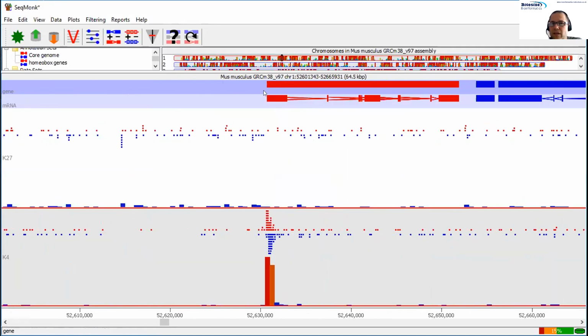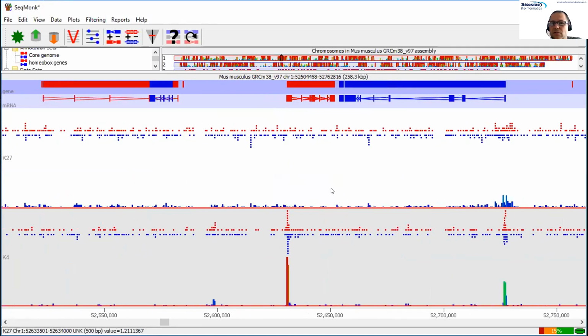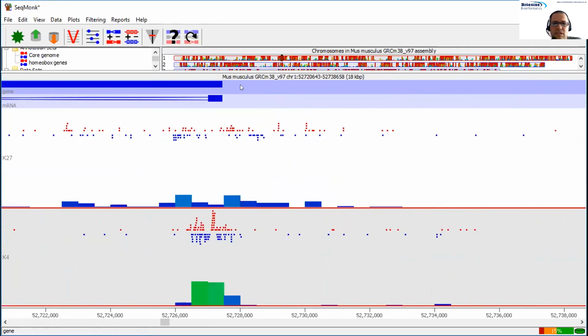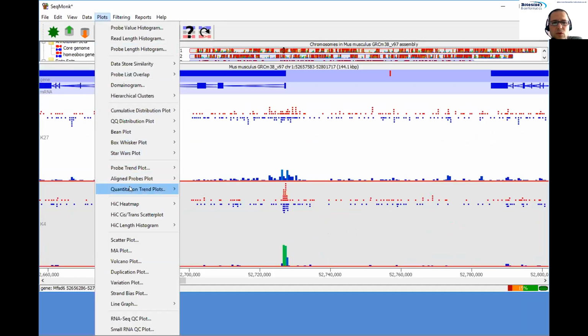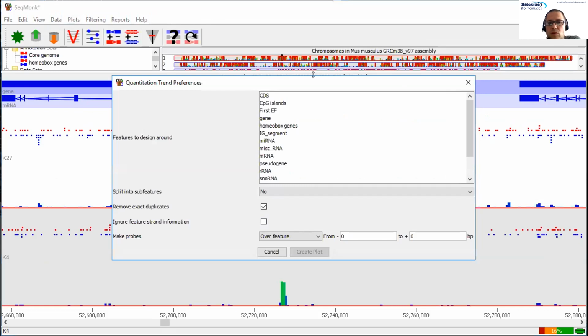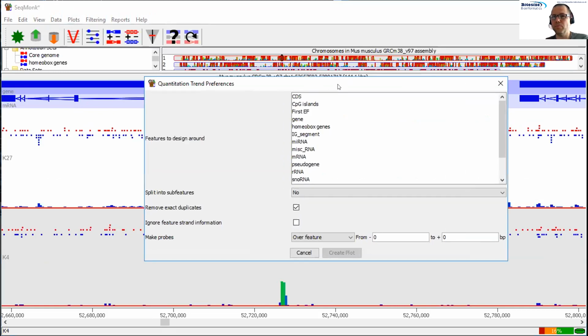They're all at the starts of genes. So whenever we go in here, look, this is at the start of this gene. This one is at the start of that gene. So it's nice to be able to get some sort of summarization to see if that's true generally. We've got probes tiled across the whole genome. So one of the other plots that we have in here is what's called a quantitation trend plot. And if I do that with the current probe list,